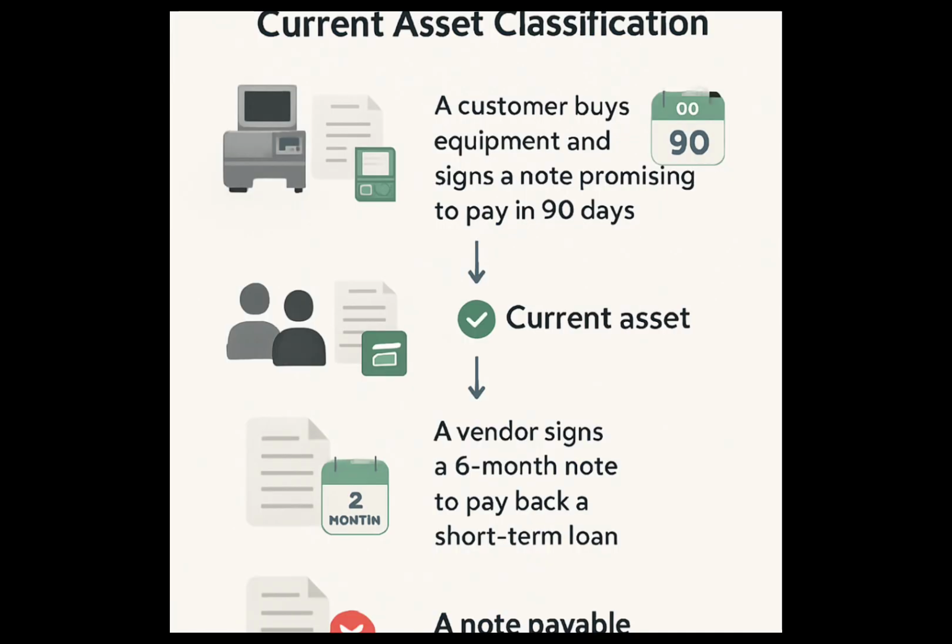Example. A customer buys equipment and signs a note promising to pay in 90 days. Current asset. A vendor signs a 6-month note to pay back a short-term loan. Current asset. A note payable